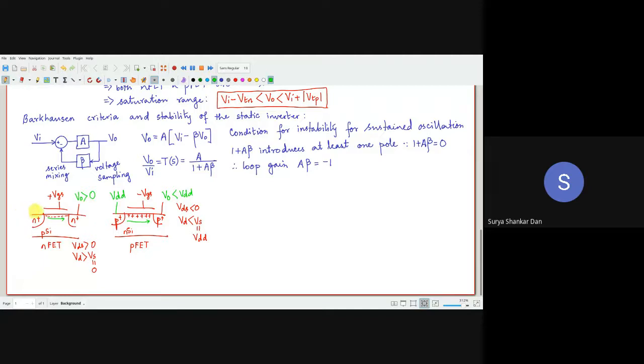Yes or no? Here I am putting it as ground because I am essentially satisfying the same condition that VDS is greater than 0. Here, VDS is less than 0. Now,